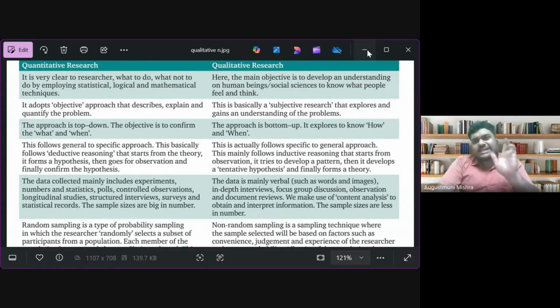But in the case of qualitative research, human behavior can change anytime. The structure of society can change anytime. The structure of the population in a particular area can change anytime. So this is the first basic difference. Now, another